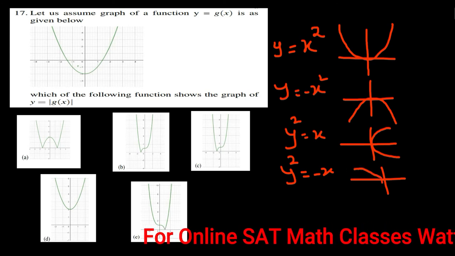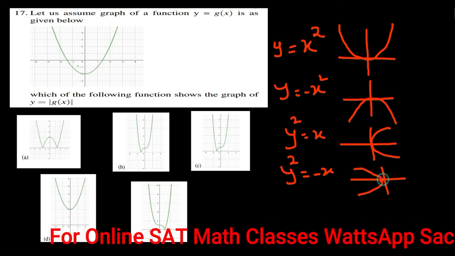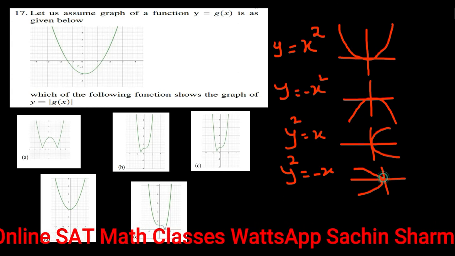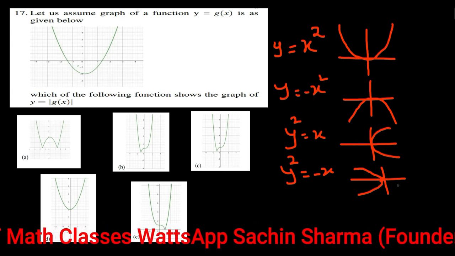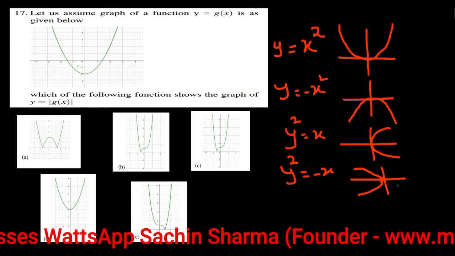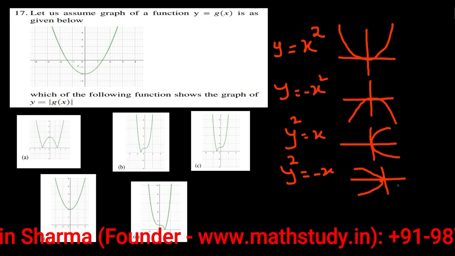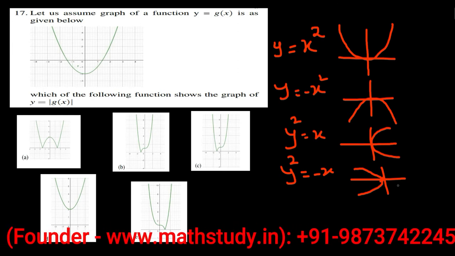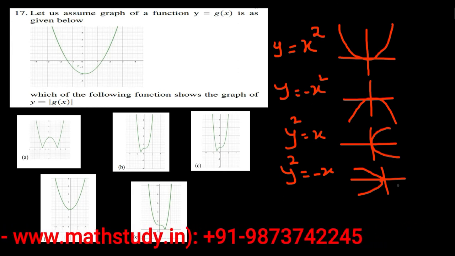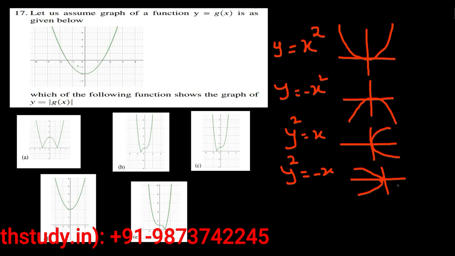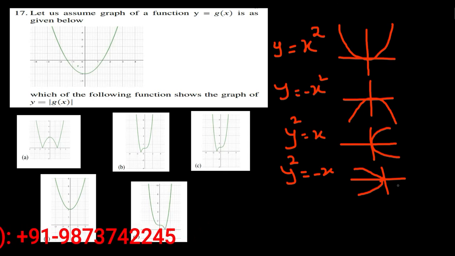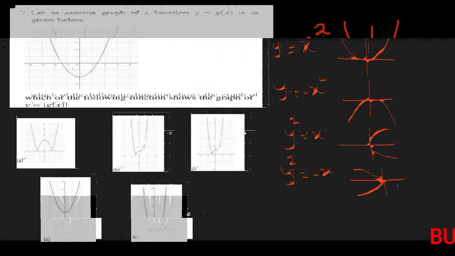So this is a parabola which will pass through the origin. These are the basic graphs of a parabola, and we have 4 types of parabolas here which are passing through the origin, having the vertex at the origin. So let us move towards our application and find out what will happen to the graph if this is in a mod function.